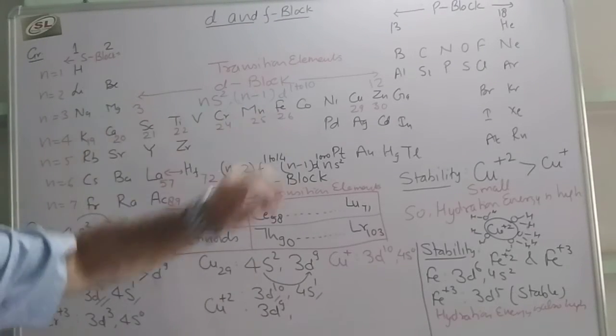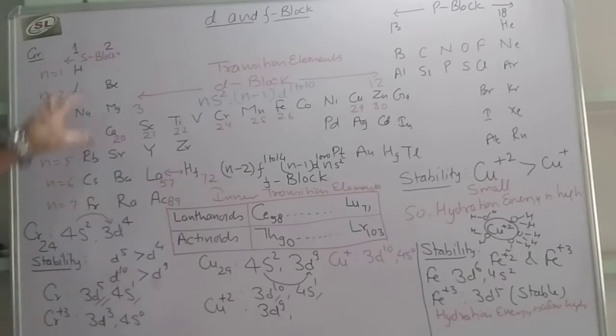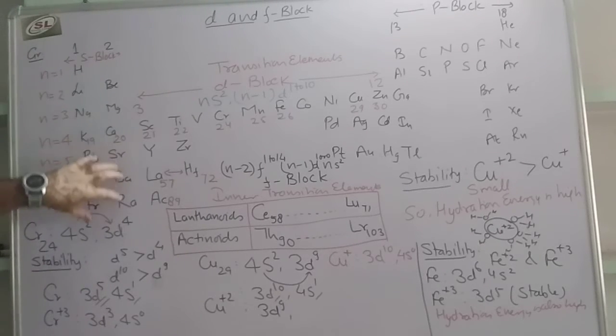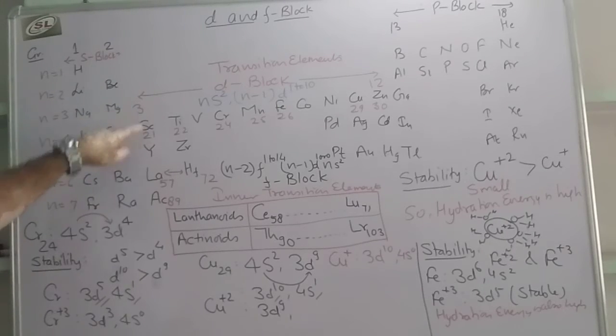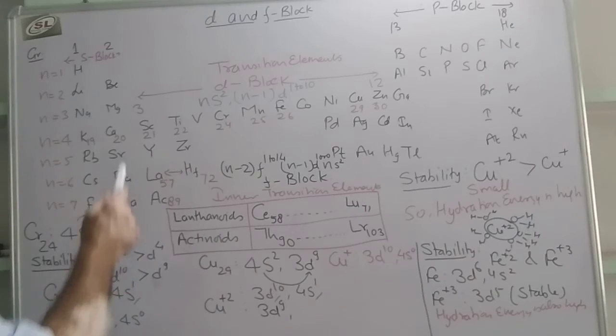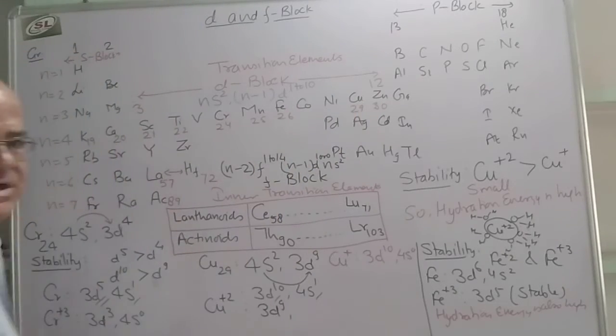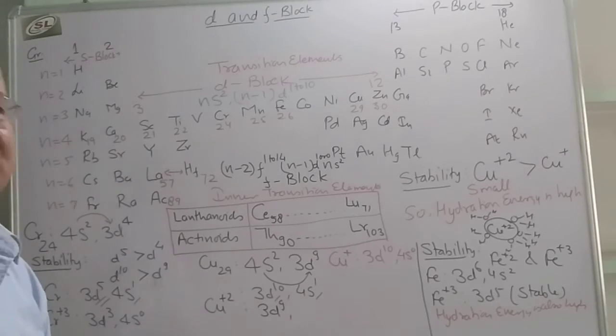Here I have written the periodic table. This is our S block, as the last electron goes in the S subshell. D block starts from the 4th period and 3rd group. From 3rd to 12th groups are there, that means a total of 10 groups. Why does the D block have 10 groups? Because the D subshell can have a maximum of 10 electrons.